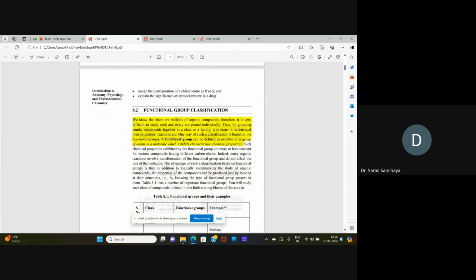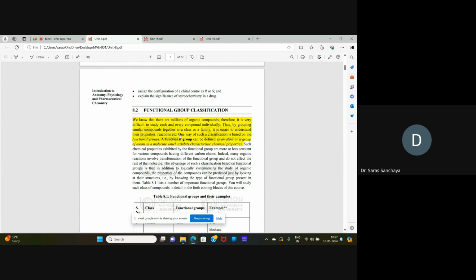Therefore, it is very difficult to study each and every compound individually. Thus, by grouping similar compounds together in a class or family, it is easier to understand their properties, reactions, etc. One way of classification is based on the functional group. What is a functional group? A functional group can be defined as an atom or a group of atoms in a molecule which exhibits characteristic